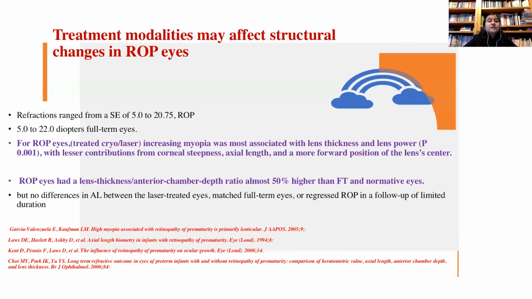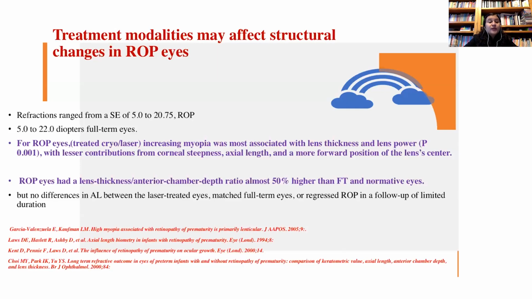But ROP eyes treated with cryo or laser had increasing myopia, which was associated with lens thickness and lens power, with lesser contribution from corneal steepness, axial length, and more forward position of the lens center. And they found that ROP eyes had a lens thickness to anterior chamber depth ratio almost 50% higher than full-term babies,